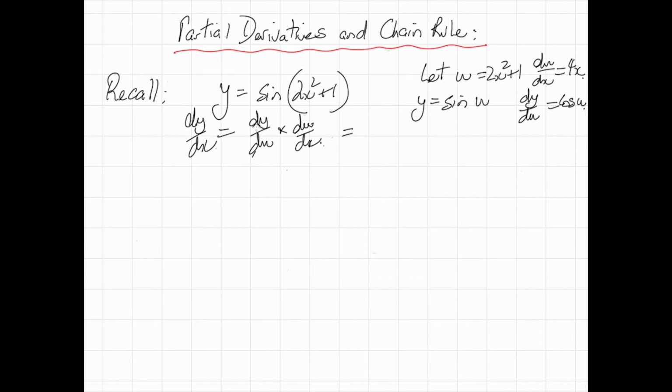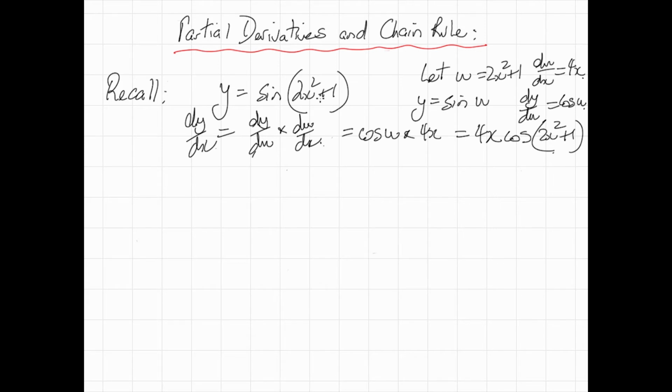We now do the substitution in. What was dy du? Dy du was cos of u, and du dx was 4x. Now we've got to do the back substitution because we've got to give everything in terms of x. Bring the 4x to the front, it looks a bit nicer like that. And the cos, now instead of that u, we did the substitution u equals 2x squared plus 1. Alright, so that's what we've done in the past, where we've got y as a function of x, so one